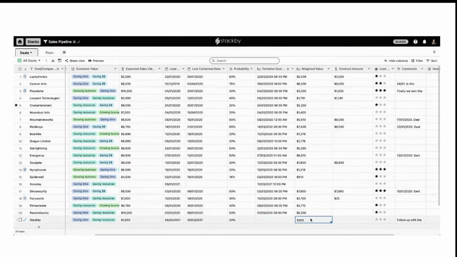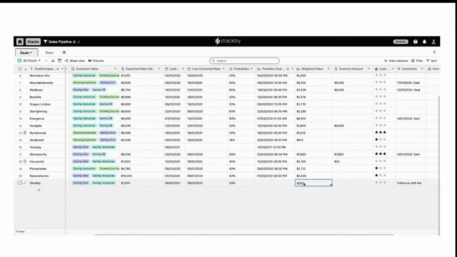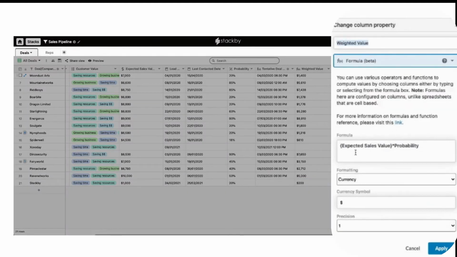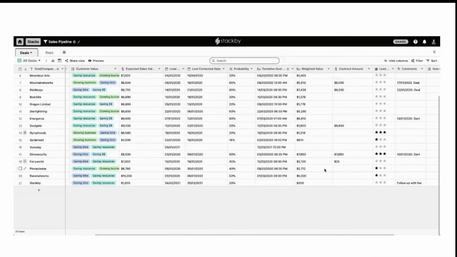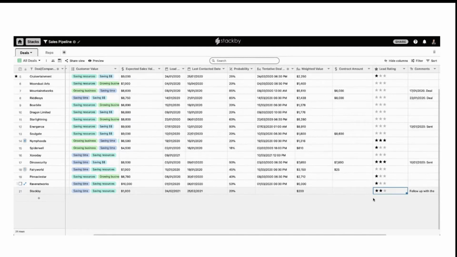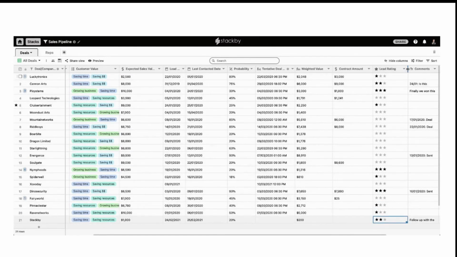And what is the weighted value? The weighted value is, again, a formula: the expected sales value multiplied by the probability. So I've given these two columns and that gives me the weighted value. I can also give a lead rating in terms of how that particular deal is.